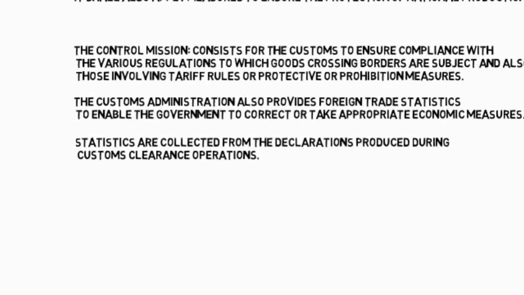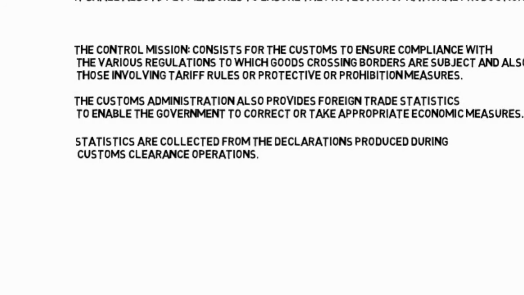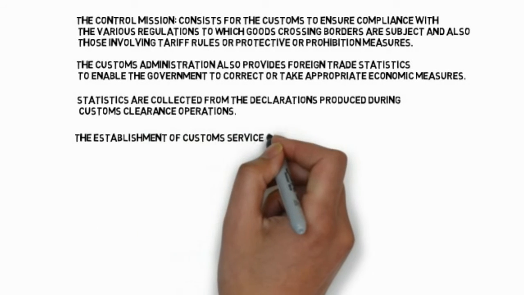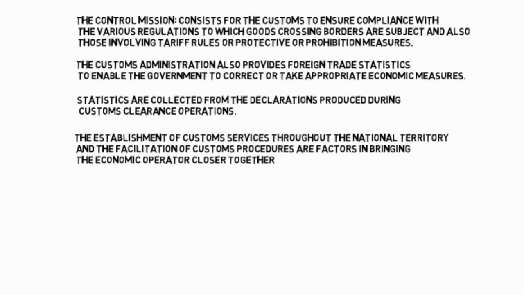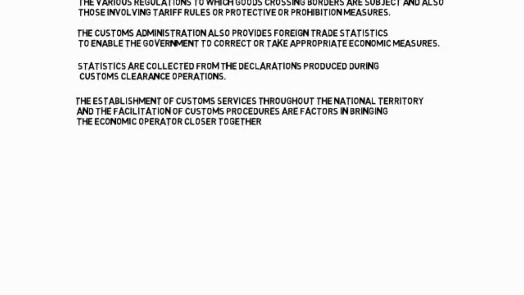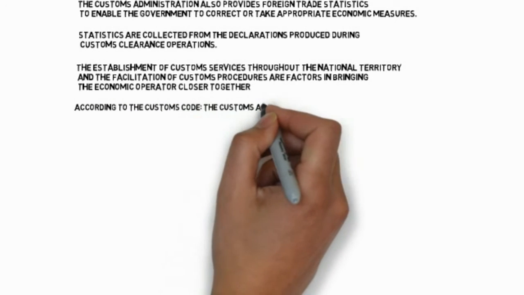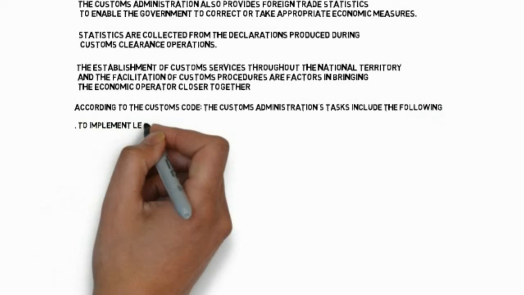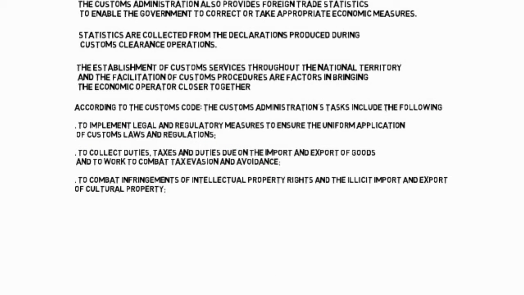In addition, the Customs Administration, through its functional and territorial organization, works to promote foreign trade. The establishment of customs services throughout the national territory and the facilitation of customs procedures are factors in bringing the economic operator closer together. According to the Customs Code, the Customs Administration's tasks include the following: to implement legal and